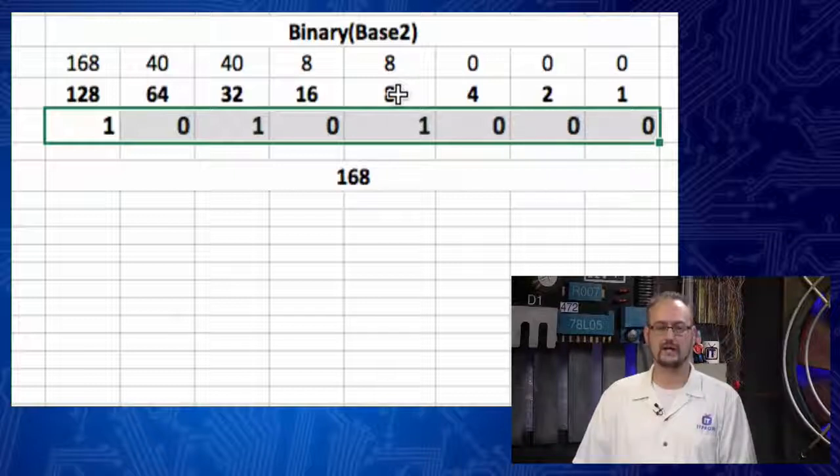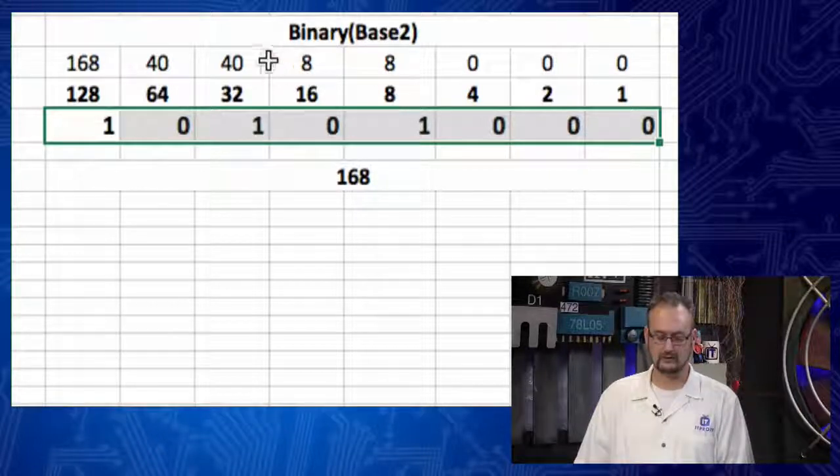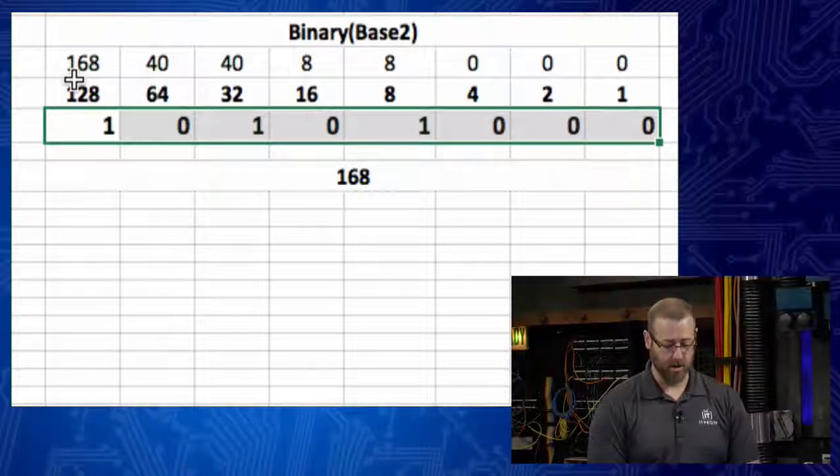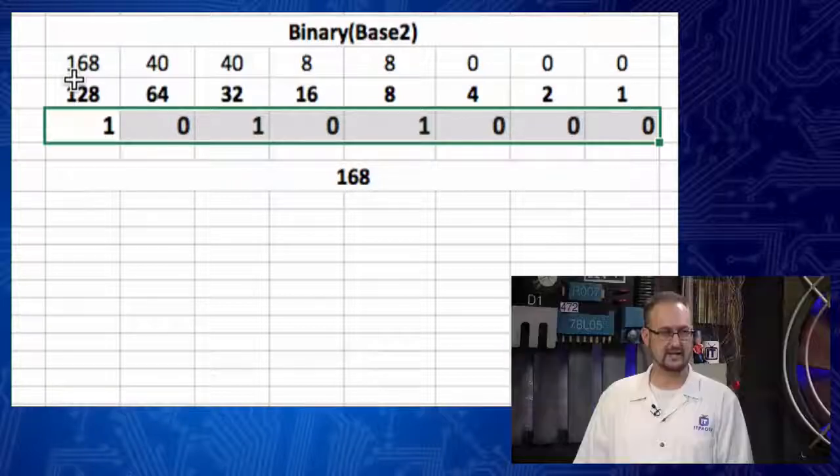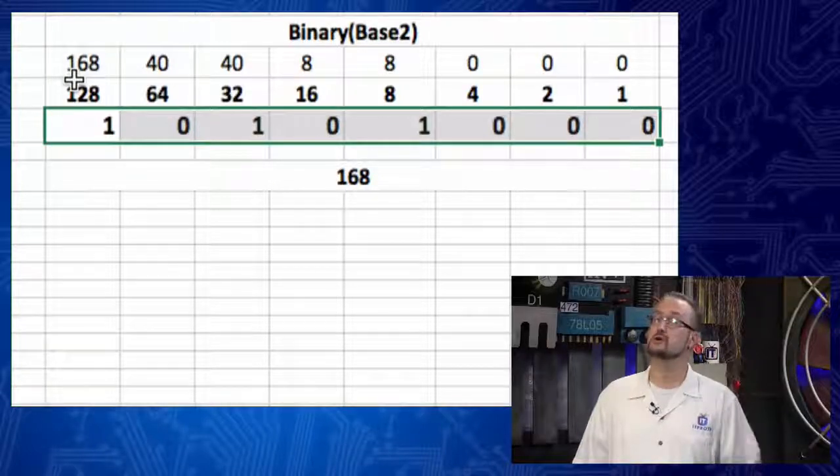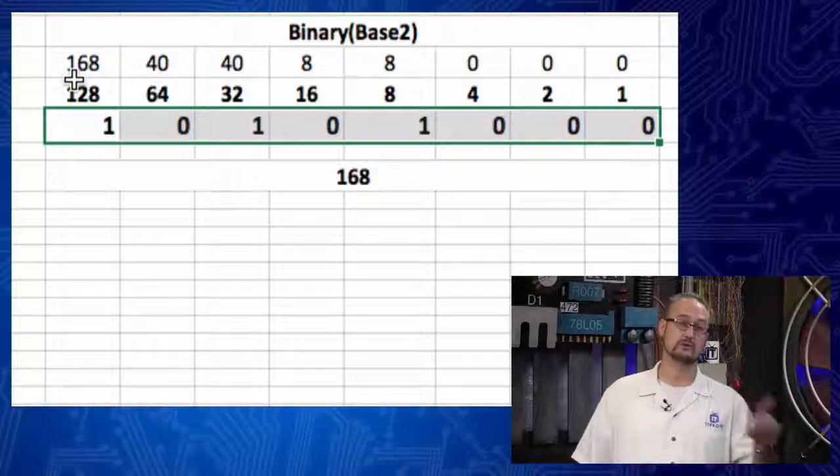Ready to go. Let's go ahead, let's add 8. Let's add 32. And let's add 128. Tell me what the value is. The grand total is 168. Look at that. 168. So keep in mind, once you know how to convert it one way, it is simple to convert it back the other way, as long as you know these place values.